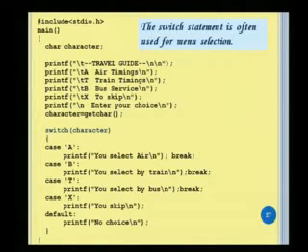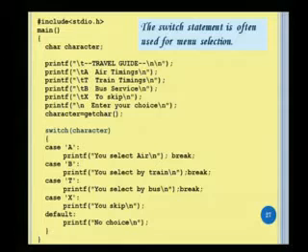Case B, in a similar pattern, case single quote B colon printf, you select by train. Now for B you are selecting by train. Then the break statement is again given. Why are we going for the break statement? The break statement defines that you cannot choose more than one case from the list of cases which we are defining.